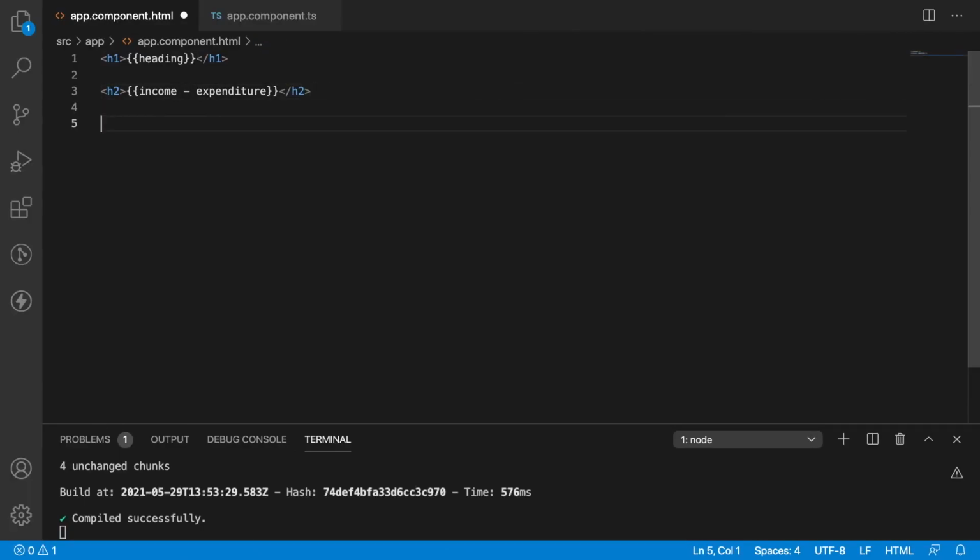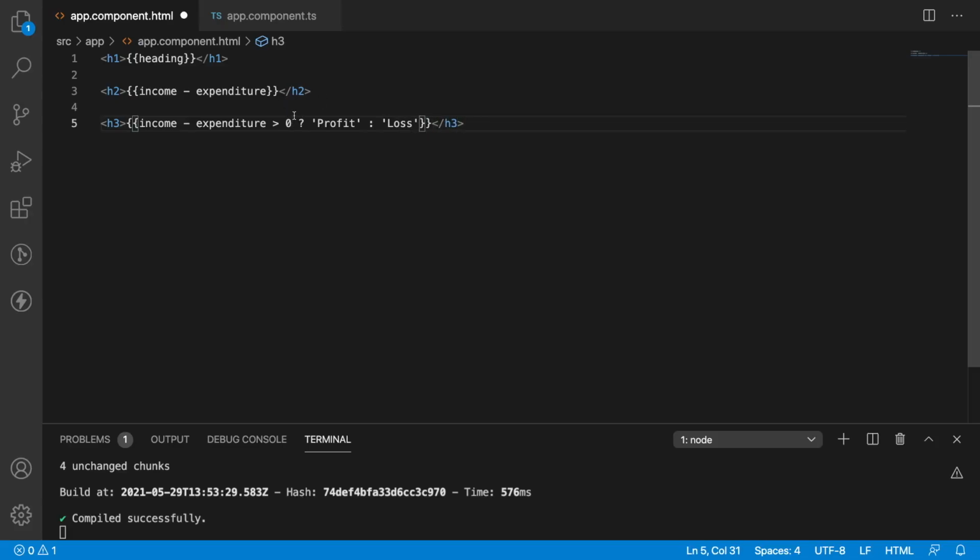We can do more even with interpolation, like we can use ternary operator. Let me check like h3. If my income minus expenditure is greater than 0, then I am in profit, else I was in loss.